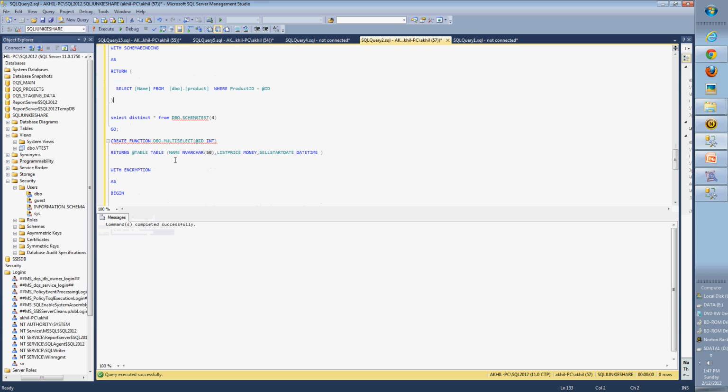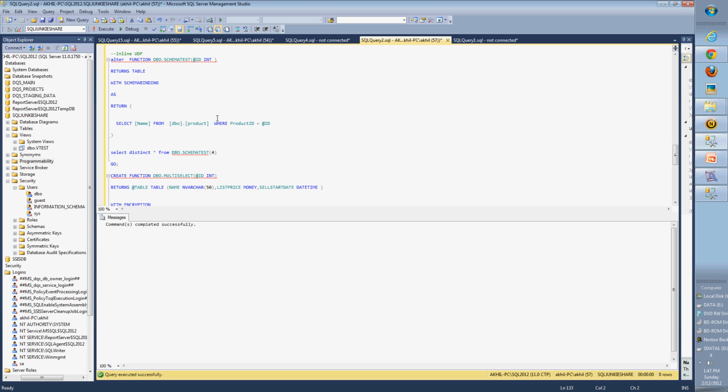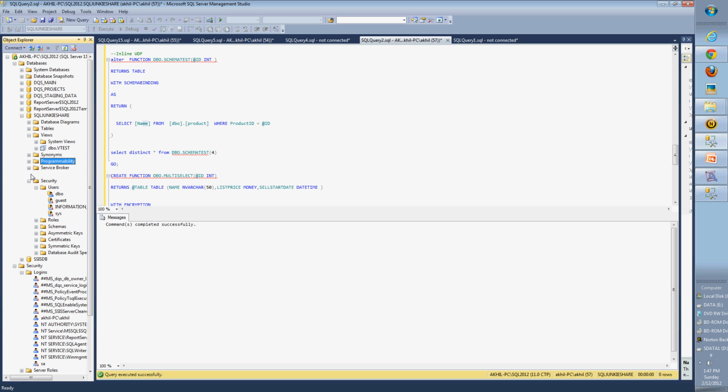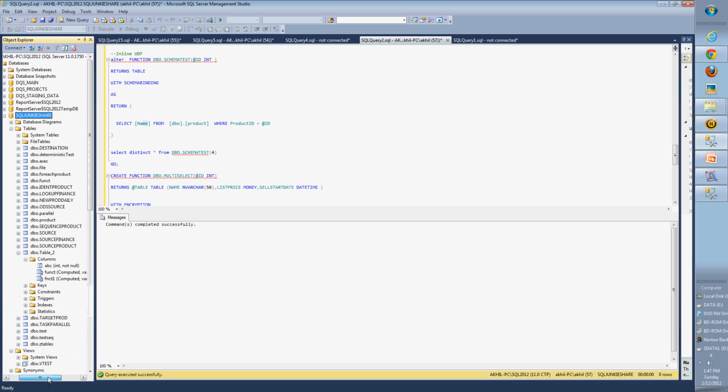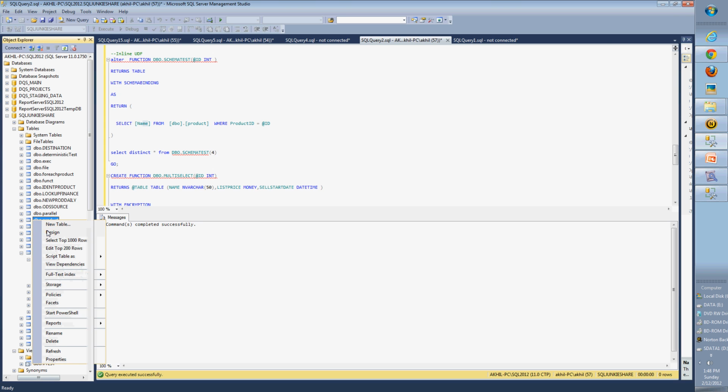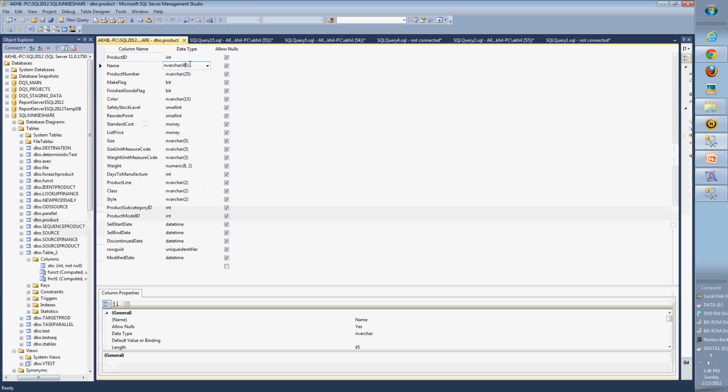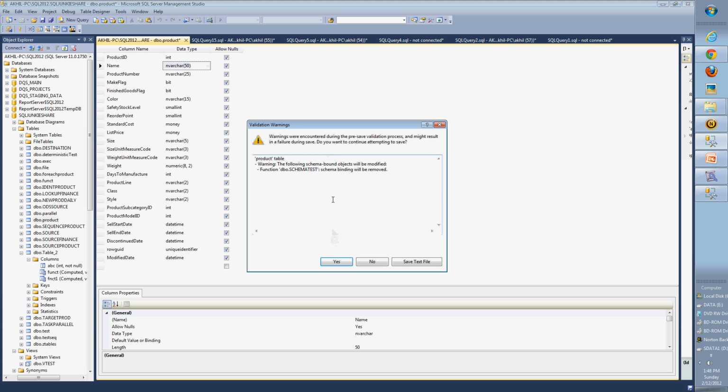Okay, so here we have the schema binding setup. Now what we will do is go to this product table and try to change the data type of this name and see what happens. So here we have different tables. The table we will be looking at is the product table, and we'll go to design, and we will try to change the data type of the name that we are using to return in our inline user defined function. So when you try to change, it throws you a warning saying